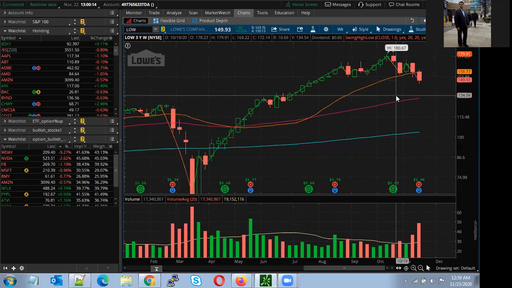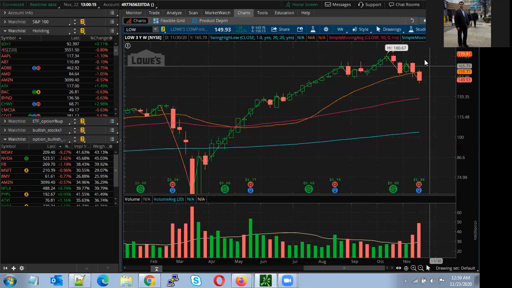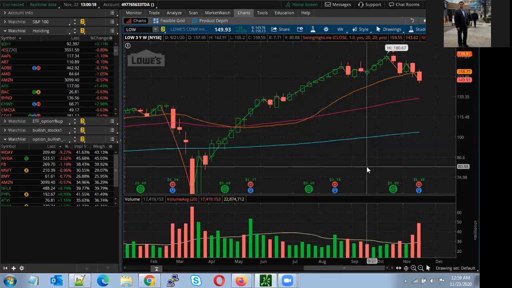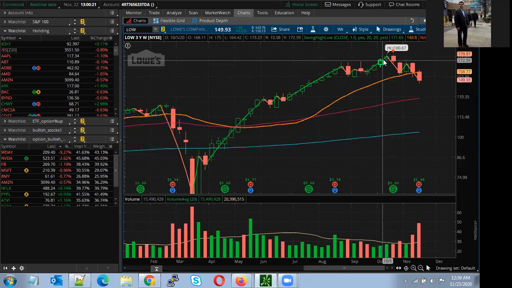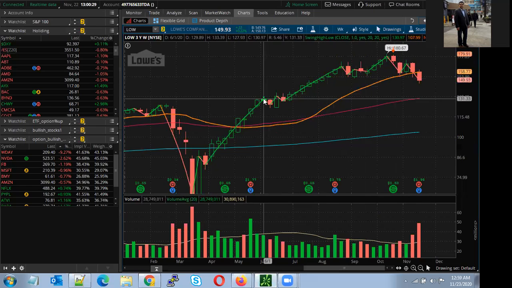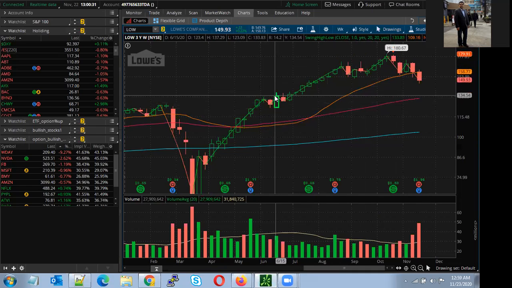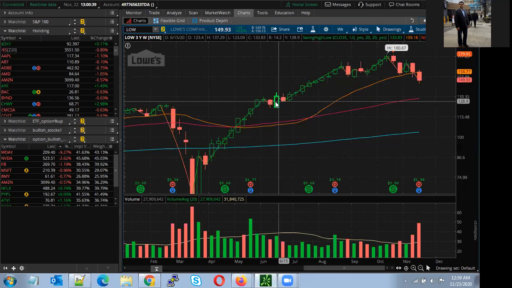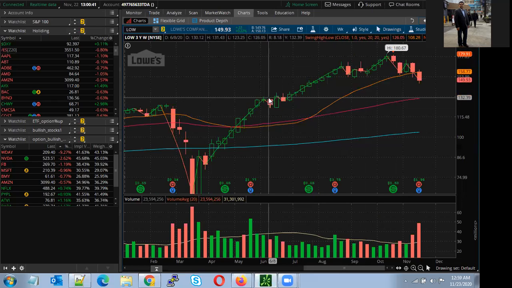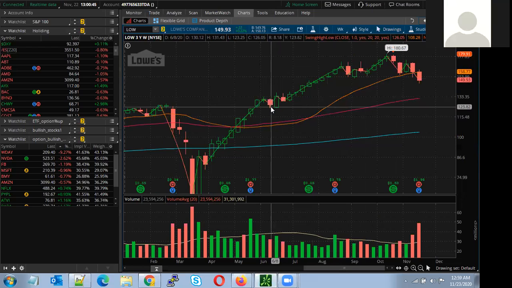So what are we going to do? We are going to wait. We are going to wait to see the buyers come in. That will tell. Once your red candle is broken by a green candle and closed above, very simple logic. When your red candle is closed above by a green candle, the sellers are finished and the buyers took over. Now, whatever opportunity you lost doesn't matter. We are not going to lose as a portfolio.